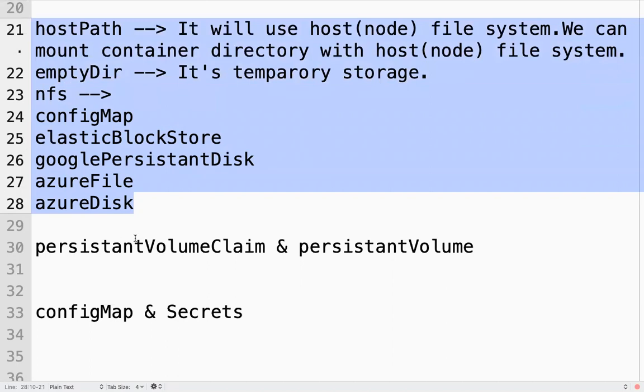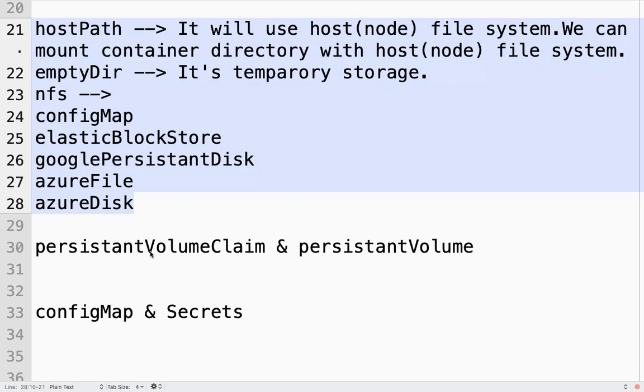So we have a persistent volume. What is the meaning of persistent volume? Kubernetes will maintain the volume information also, like what type of volume you are using, and who claimed that volume. The Kubernetes cluster will maintain the volume information.